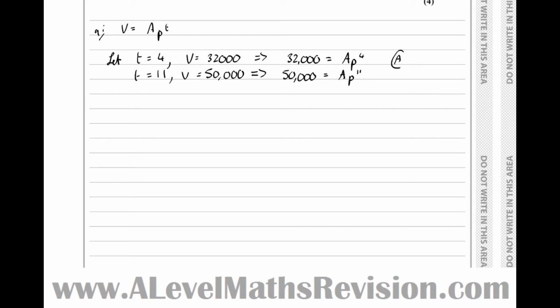So we've got two simultaneous equations here, which we're going to call A and B. So notice if we do B divided by A, we get 50,000 over 32,000 equals, well, the A's cancel to give P to the 11 divided by P to the 4. Actually, let's show the A's cancelling. That would make a good exam answer, wouldn't it? Yeah, we shouldn't miss out steps of working. Okay, so 50,000